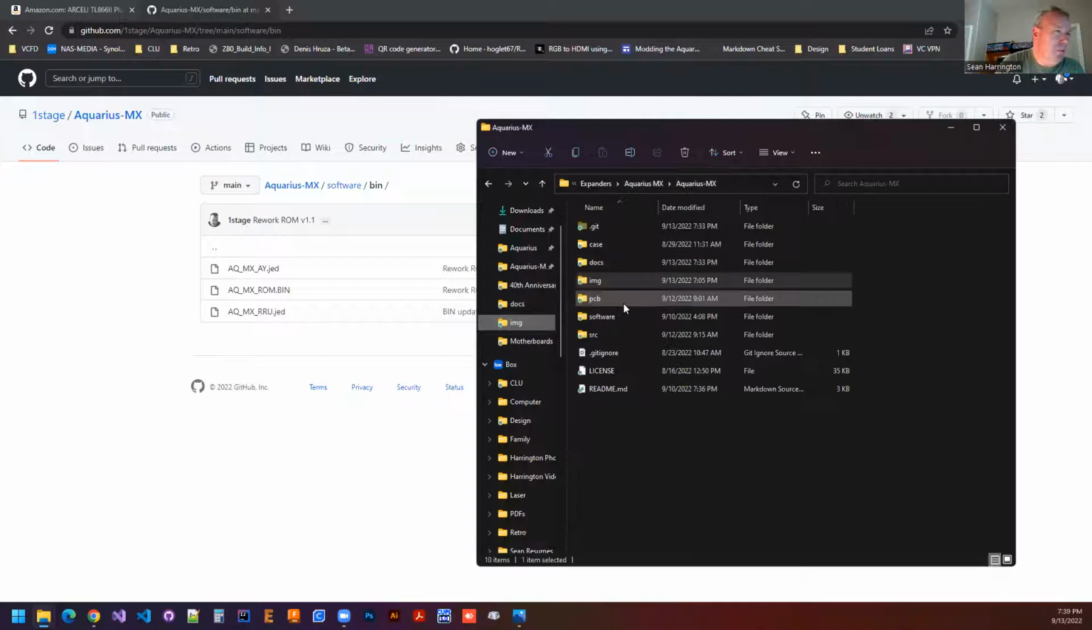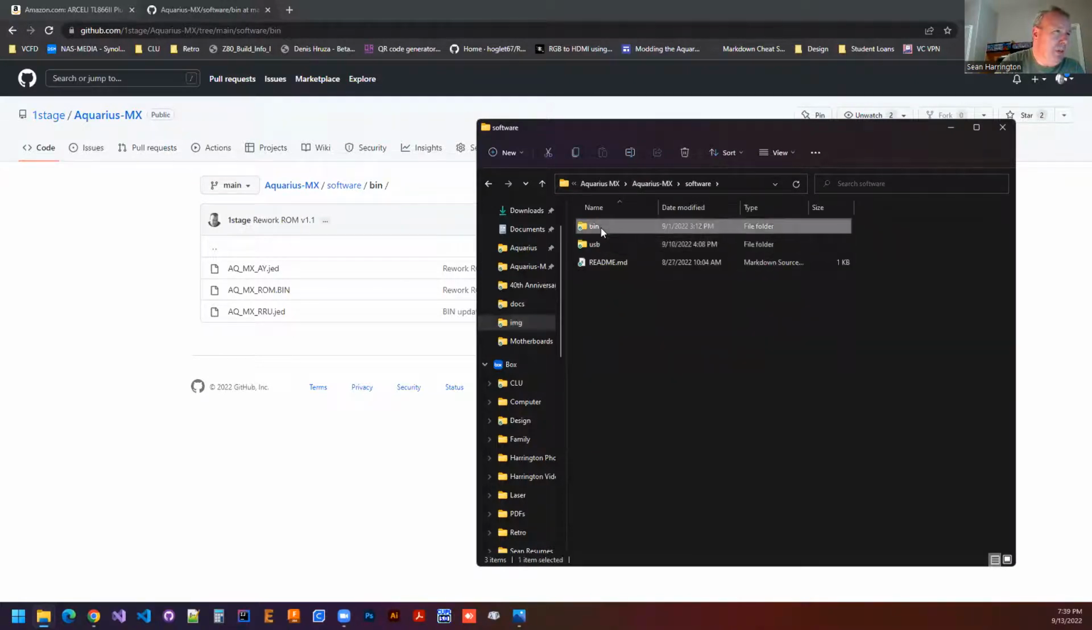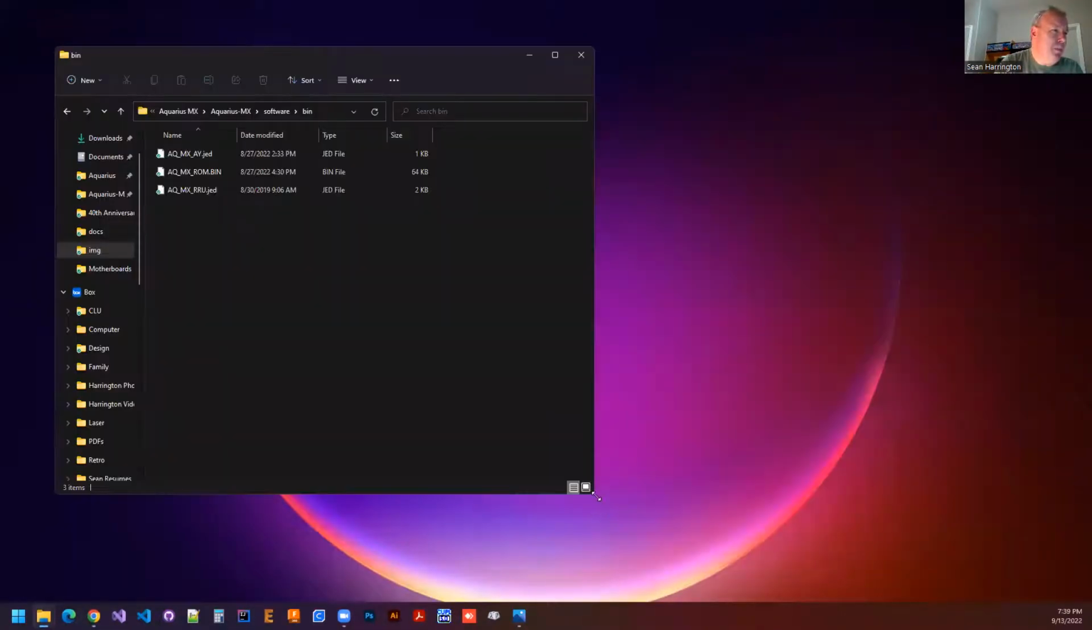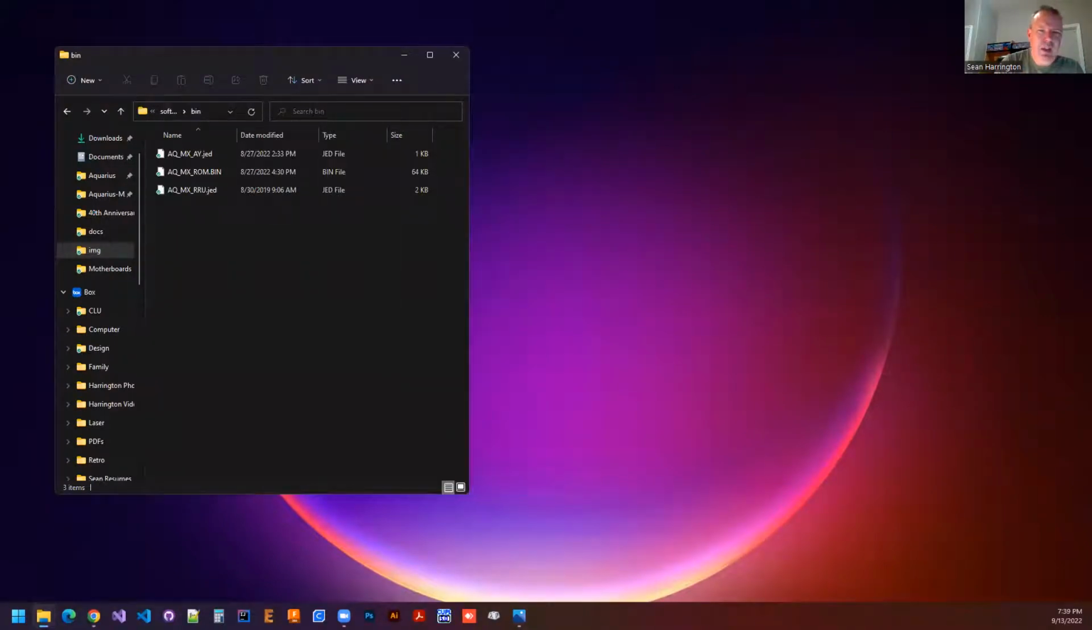Let's go up, software, bin. This is the folder that I'm going to reference. I have a local copy of it on my system. So I'm going to minimize this, put that over here. So the first software that we are going to use is the software that comes with the XGECU